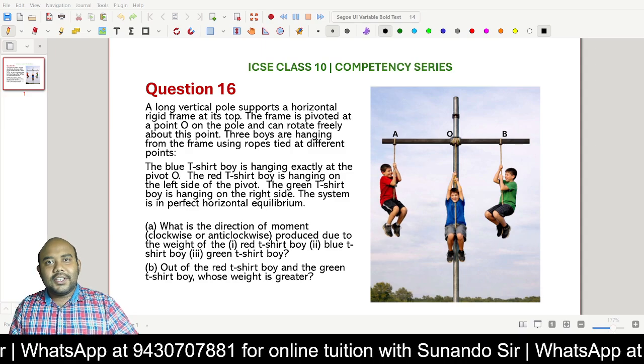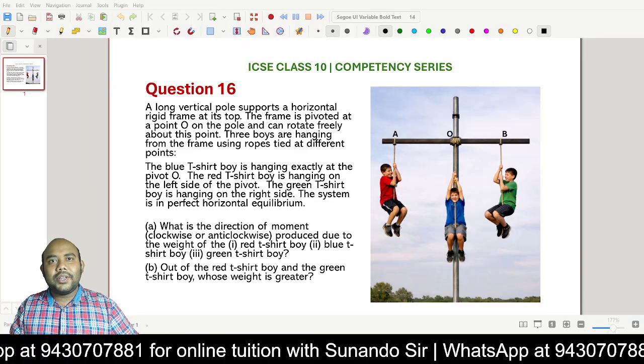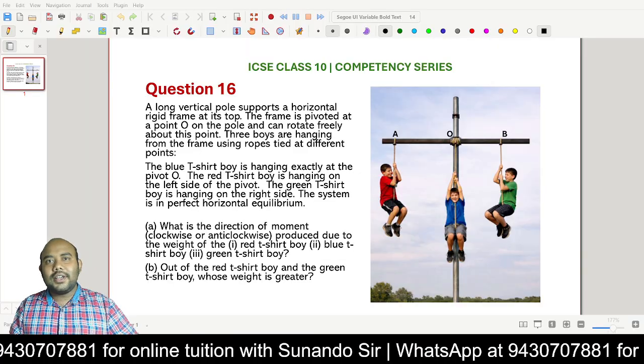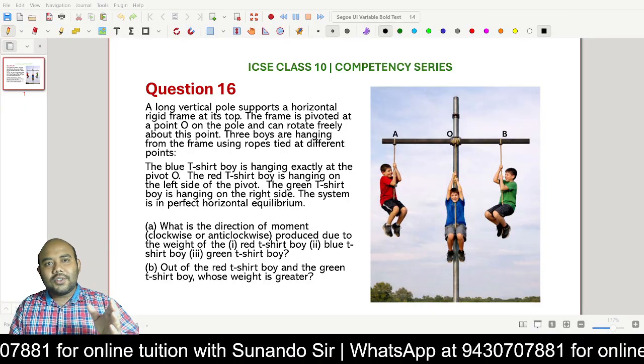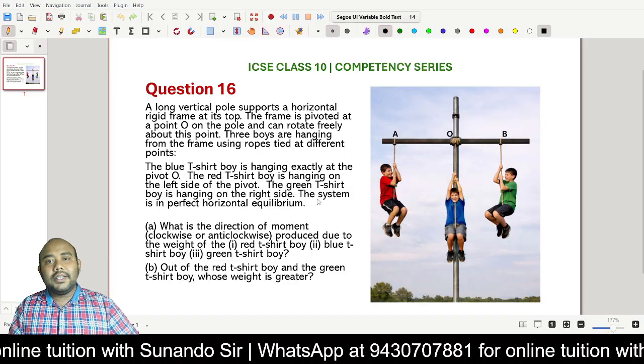वेलकम बैक ICSE स्टूडेंट्स ऑफ क्लास 10th। क्या इतना डिफिकल्ट दिखने वाला क्वेश्चन भी इतना इजीली सॉल्व किया जा सकता है? चलो आज हम सॉल्व करेंगे इस क्वेश्चन को। This is question number 16 of the competency series, and if